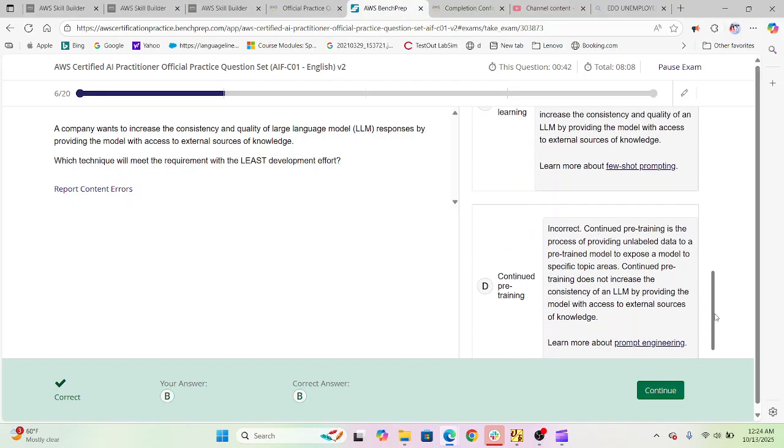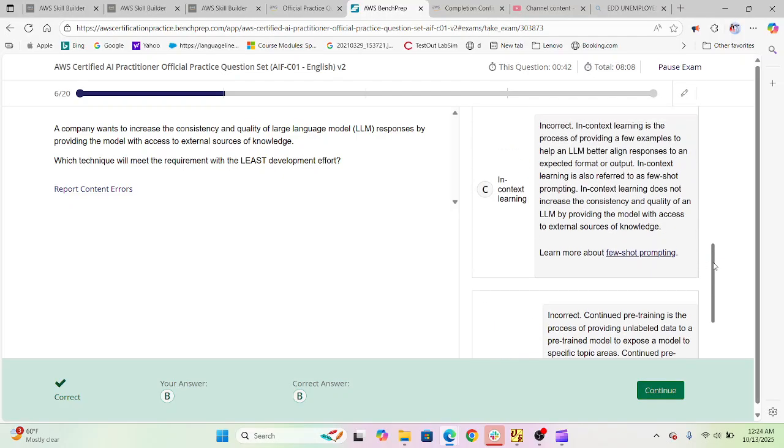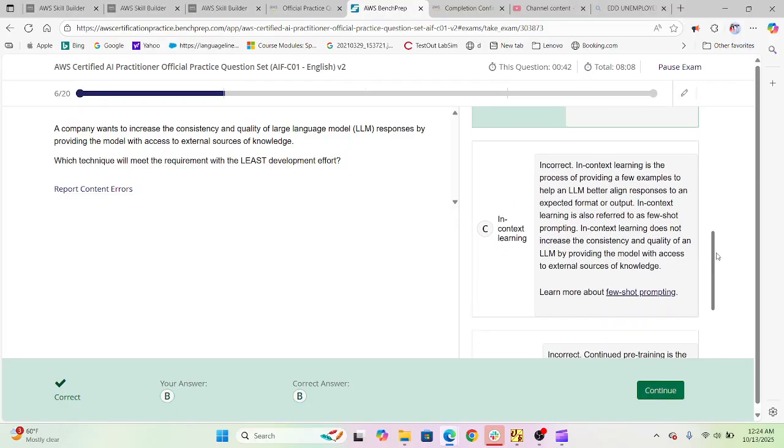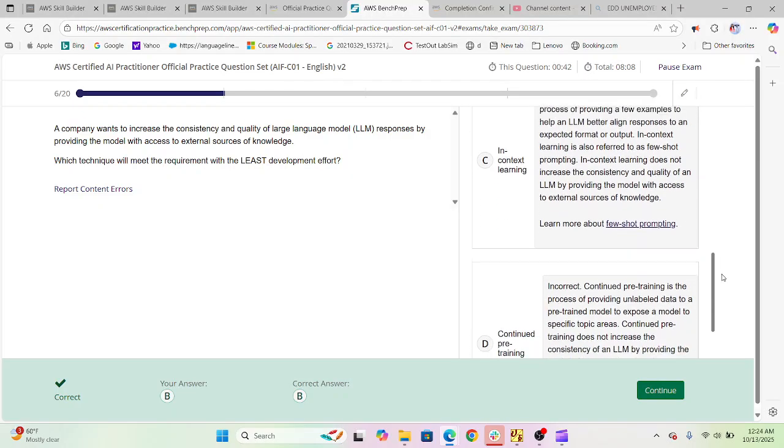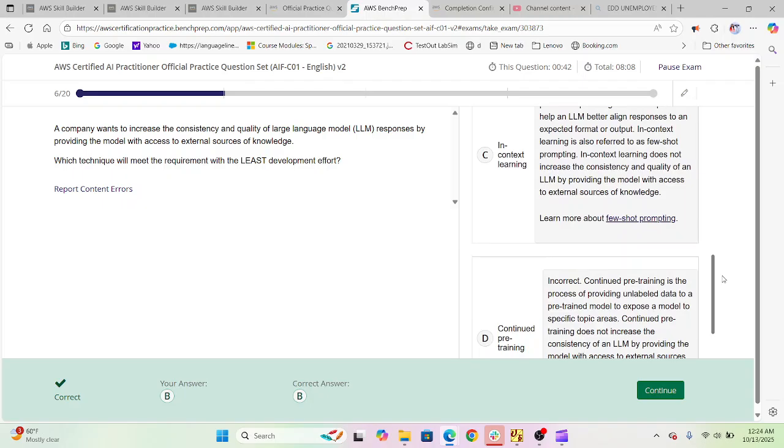Okay, and then in context learning is the process of providing few examples to help an LLM better align responses to unexpected format or output. In context learning is also referred to as few-shot prompting. In context learning does not increase the consistency and quality of an LLM by providing a model with access to